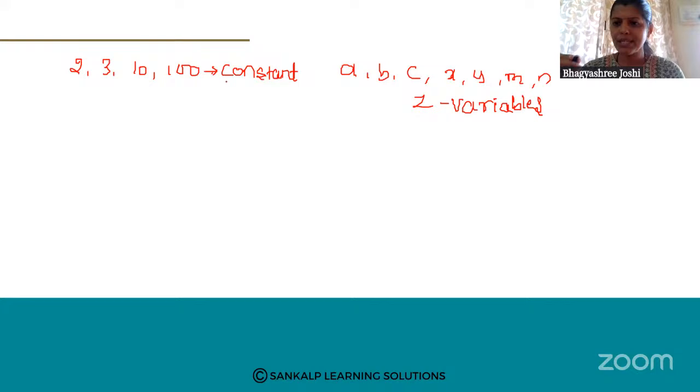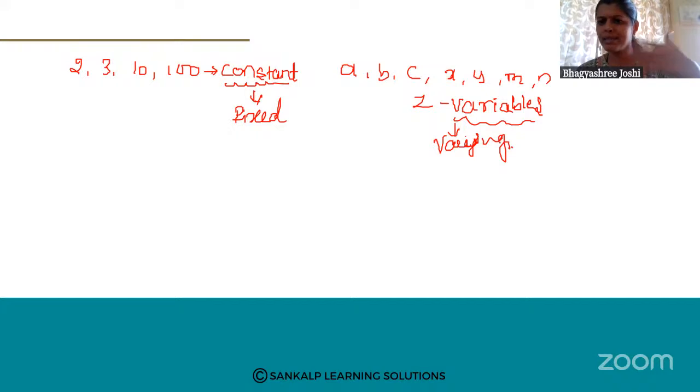What is the difference? See, constant means it is a fixed term. Remember, constant means it is a fixed term. Variable means it is varying. Varying means it is changing. So see, 2, 3, 10, 5, 50, these all are fixed terms. It cannot change. If you go anywhere, it will remain as it is. But A, B, C, X, Y,